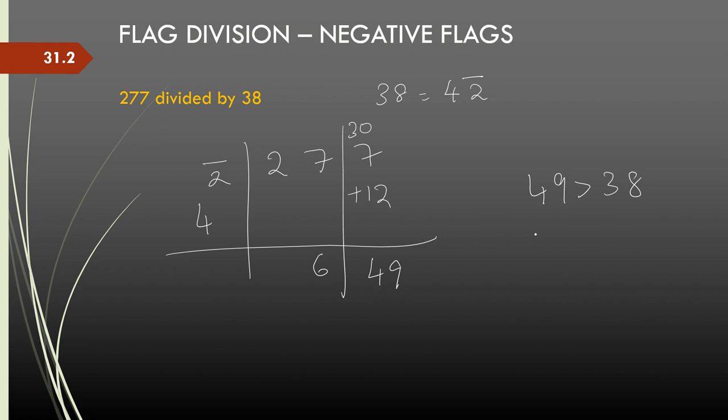So, when I divide 49 by 38, I get 1 remainder 11. So, what happens is 49 gets divided once again. So, 1 goes into the quotient and 11 is the remainder. So, the answer of the division is 7, remainder 11. 6 plus 1 is 7. So, that is how, if at all in the process we get a remainder which is greater than the divisor, we just have to divide the remainder with the divisor once again and add the quotient to the quotient, and whatever is left as the remainder will become the remainder. That is the only thing we need to remember.